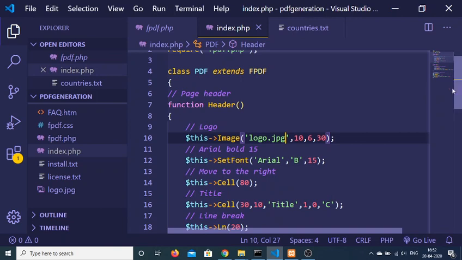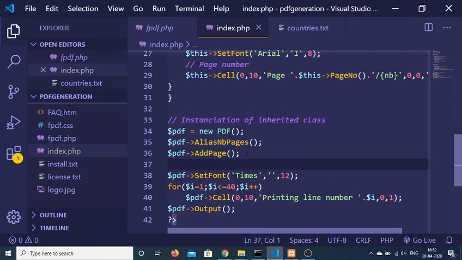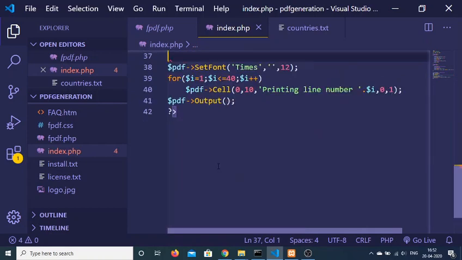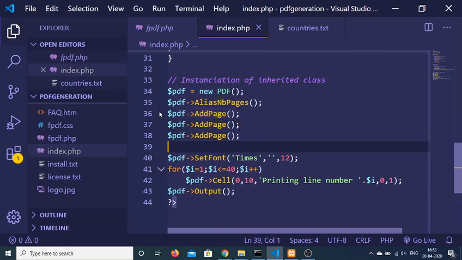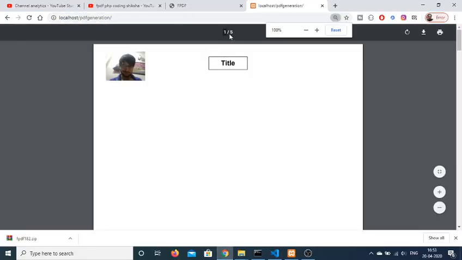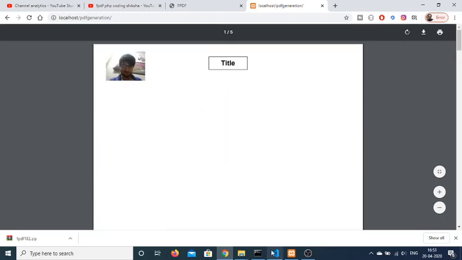If you repeat it for a third time, let's suppose if I add one more page, if I just copy this line and repeat it 4 more times, it will add 4 more pages to the PDF document. Now the pages will become 5 here. You can see that 5 pages are there. So in this easy way, you can add as many pages to your PDF document using this AddPage method.